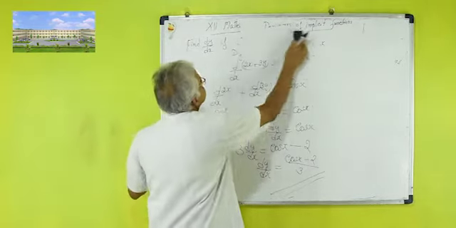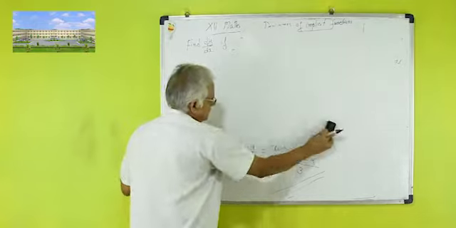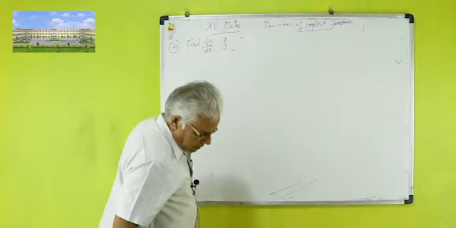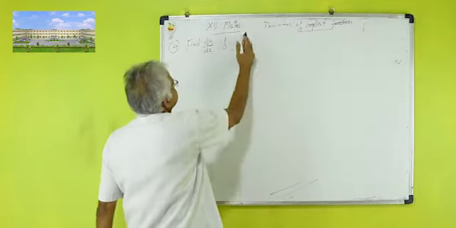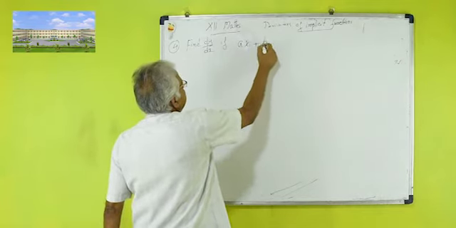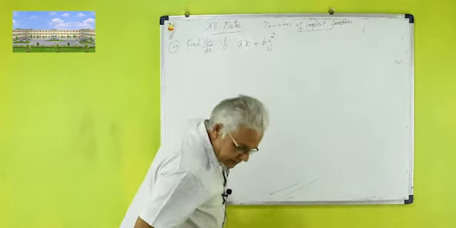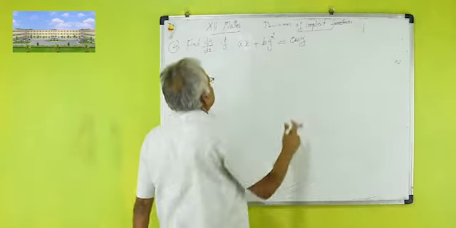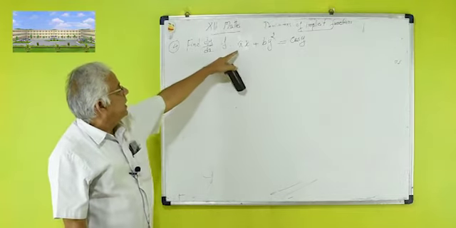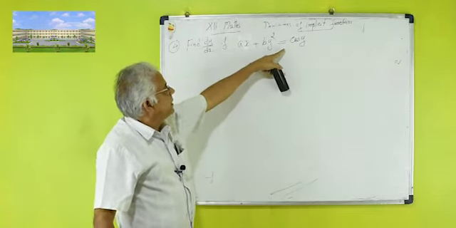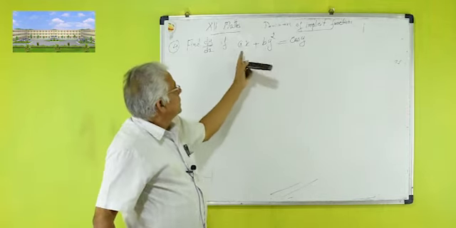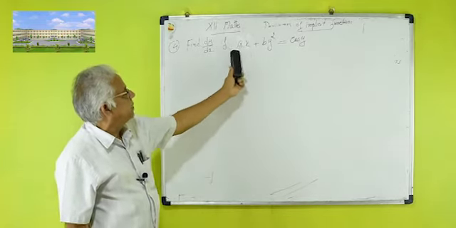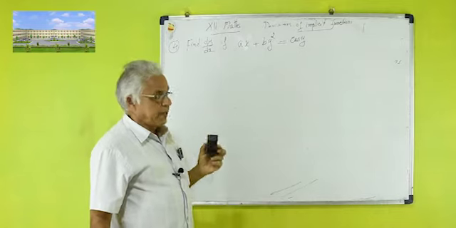Fourth question: a squared plus ax plus by squared is equal to cos y. Another implicit function, ax plus by squared is equal to cos y. This is an implicit function, a mixture of x and y. The method is